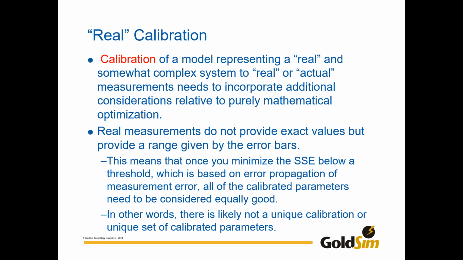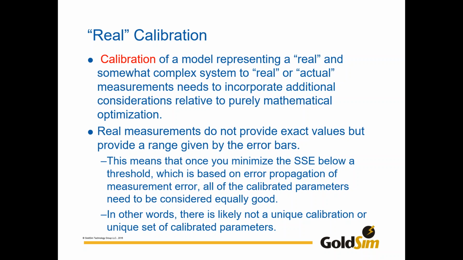Depending on what the measurement is of, it might be a derived measurement, and so it might have fairly big error bars. What this really means is that there's two things. You're minimizing your function, you're minimizing your sum of squared errors, but you're not necessarily minimizing it to 0, right? So we know that there's going to be some